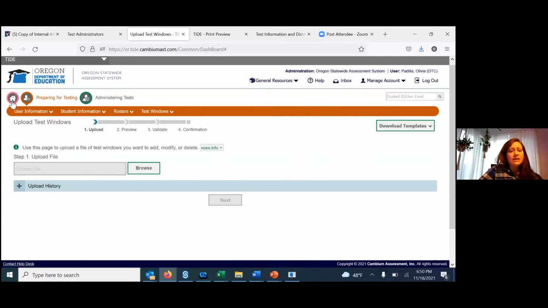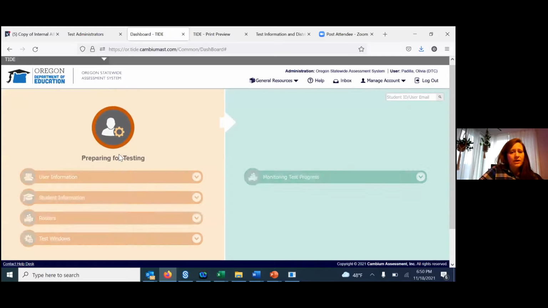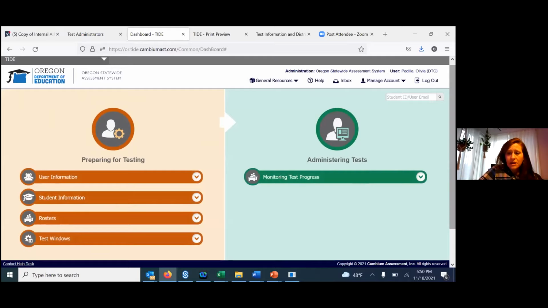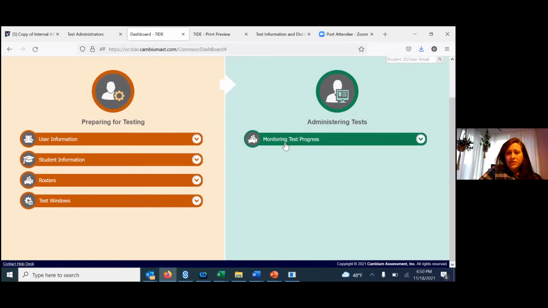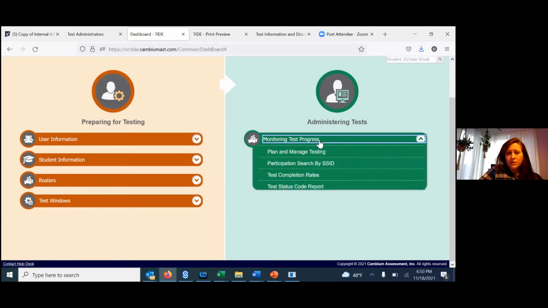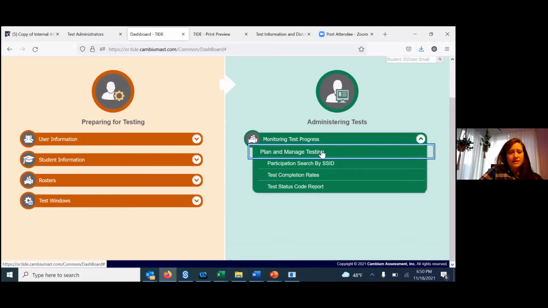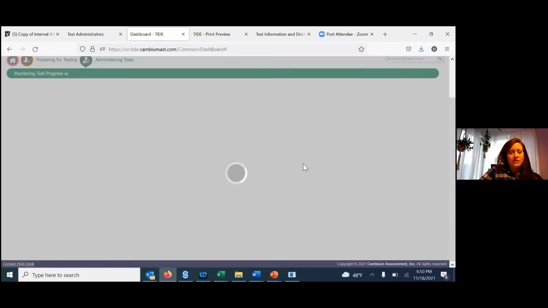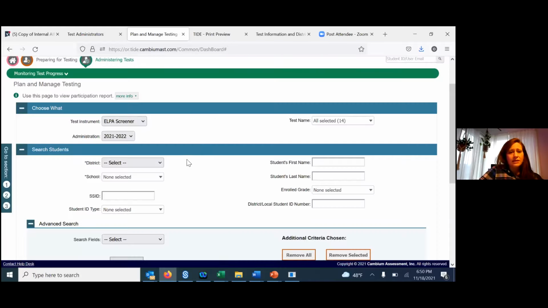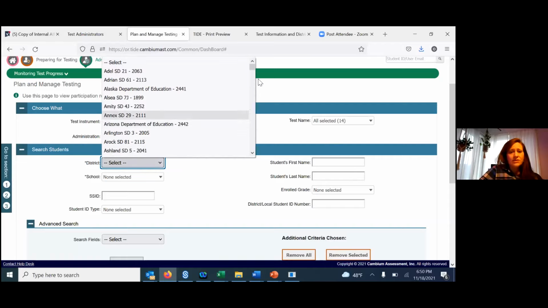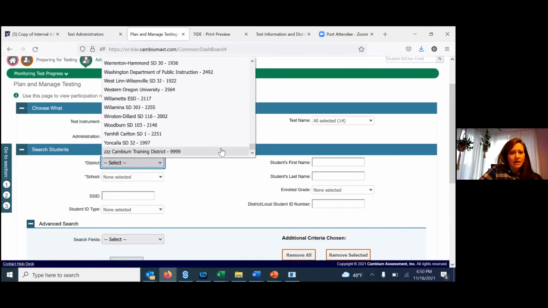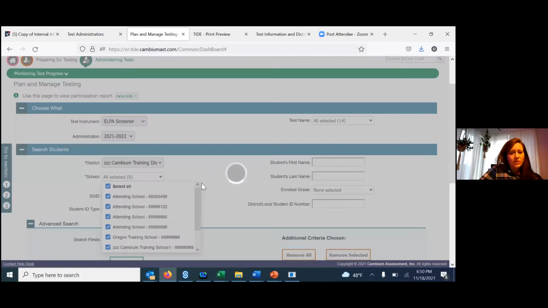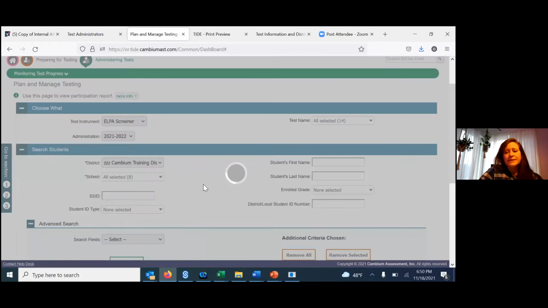Okay, and then finally, the last section is for once you've started testing. We have a monitoring test progress module, and there are a couple different options here. Plan and manage testing is the one that is most often used. What this does is allow you to choose the assessment and then provide yourself with an update on how many students have completed the tests. And this helps you figure out pacing for